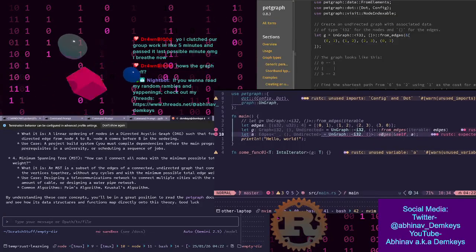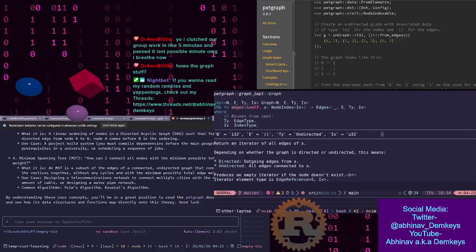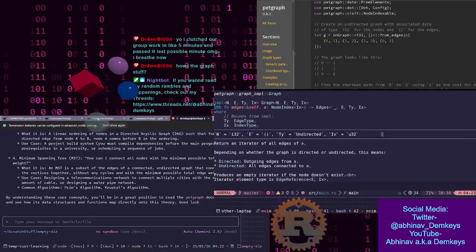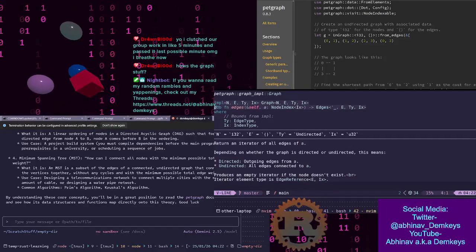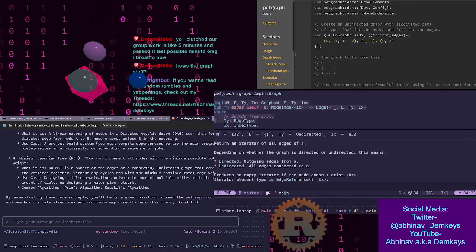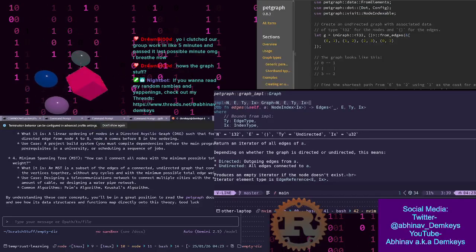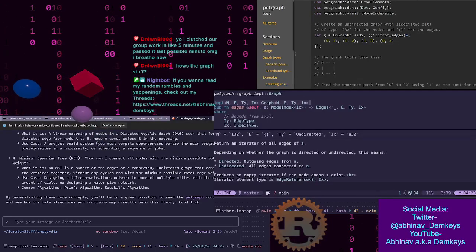Right, so we did edges, and then we read this. So this is graph impl graph. I'm just going to take a guess here. I'm still new to trying to decode these entire signatures. I'm going to take a guess that this is a function called edges, which is being implemented on the graph type, on the graph struct. If I'm right about that,